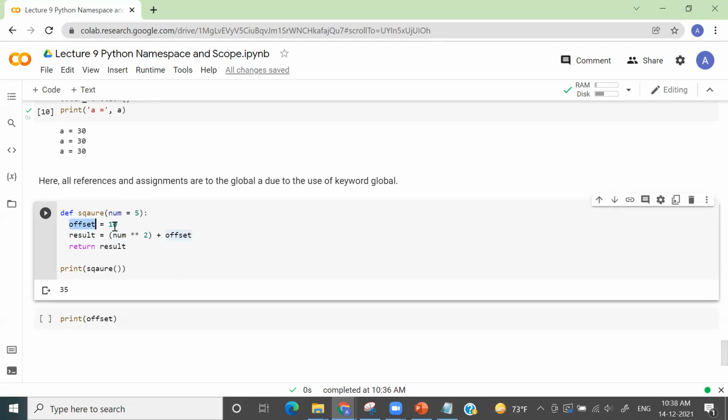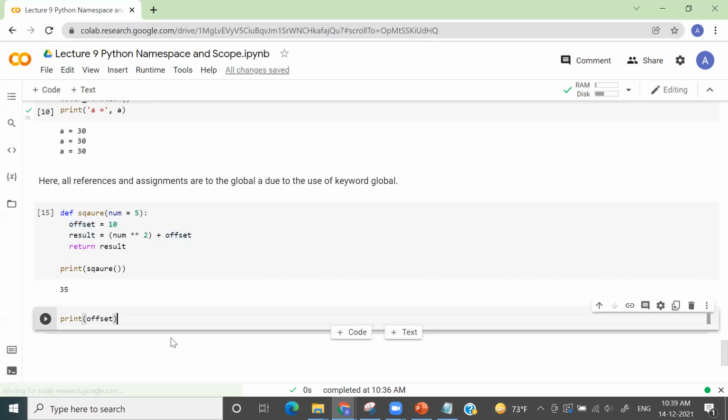Okay, but you added it in the result. Yeah, I added, but I'm not storing that value into offset. I'm storing that value into the variable result, right? So the offset value will still remain 10. Is the result 35? No, the result is what we can think of as 10.